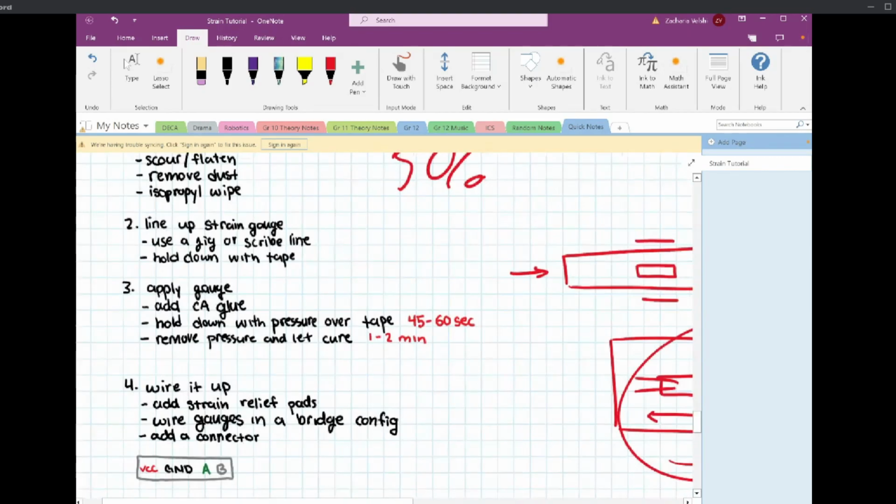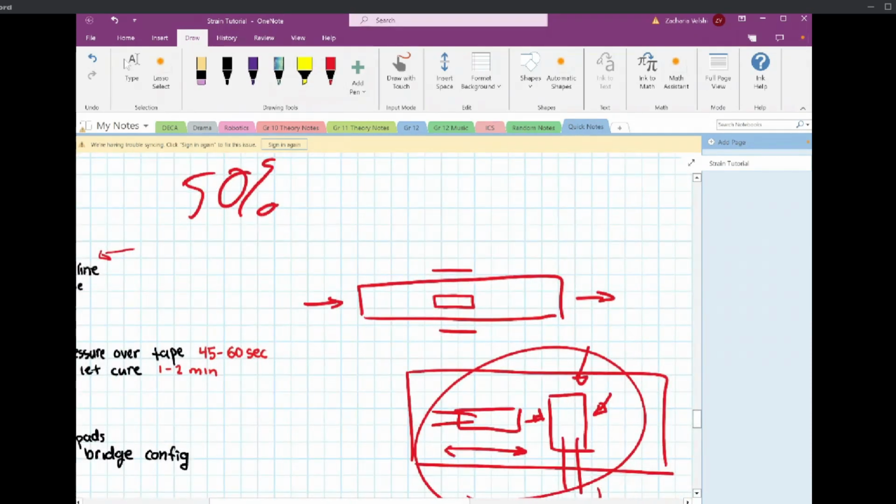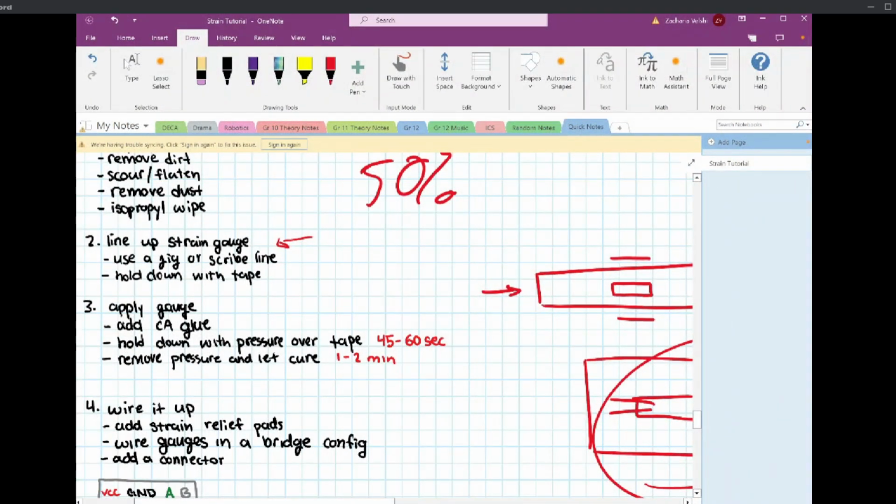So yeah, you've got to line up your strain gauge. You can use a jig, or to get this first one perfectly in line, I use a scribe line. You just scribe into the aluminum or into the steel, and you sort of use that to line yourself up. Hold it partially down with tape, so masking tape on one side,